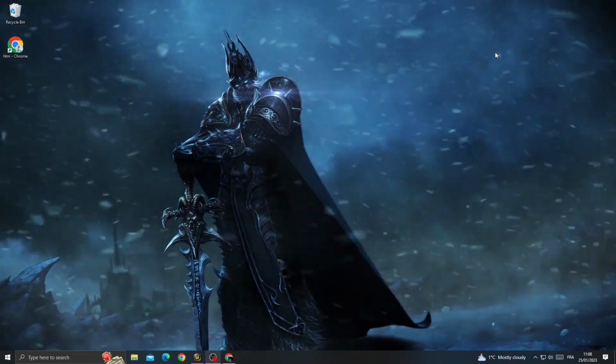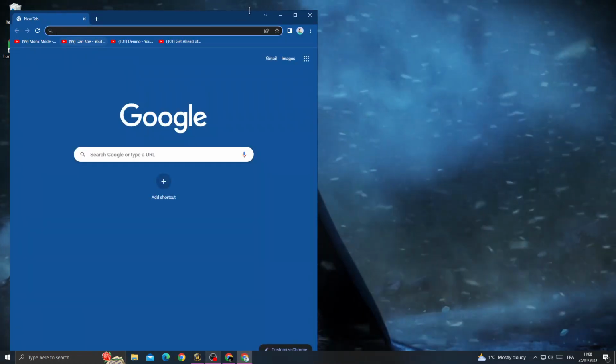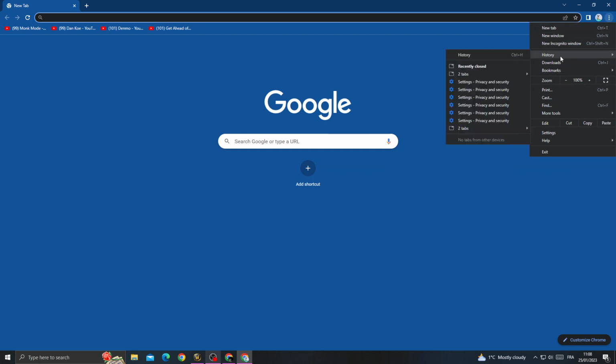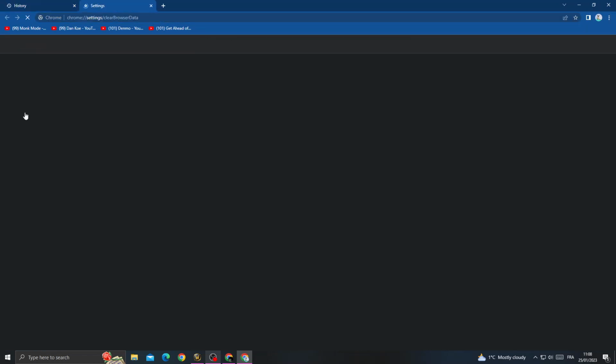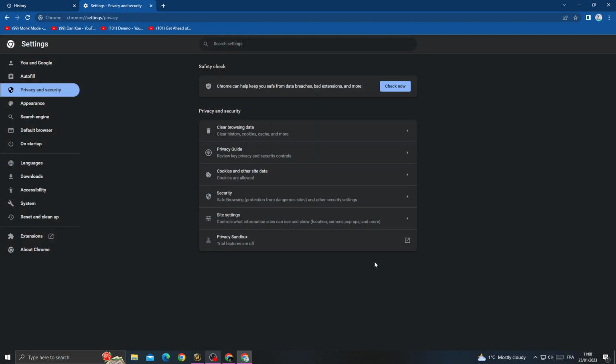If you want to fix it, all you need to do first is open your browser and then click these three points here and click history, and then click clear browsing data. Now go to basic, select browsing data, browsing history and cookies, and then clear it. After that, just